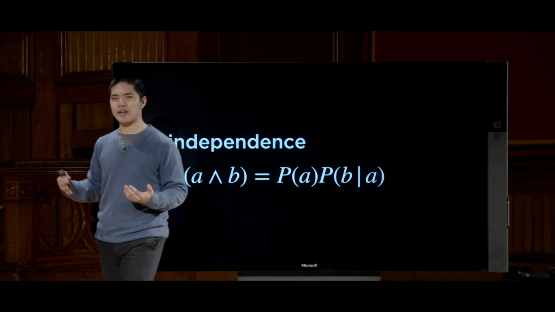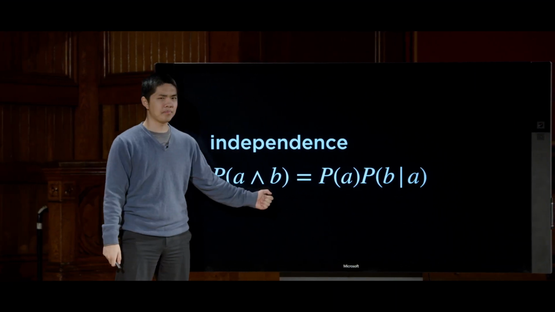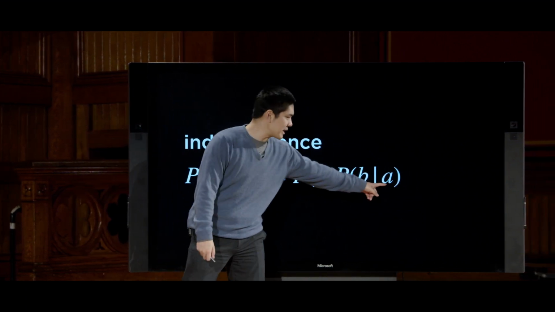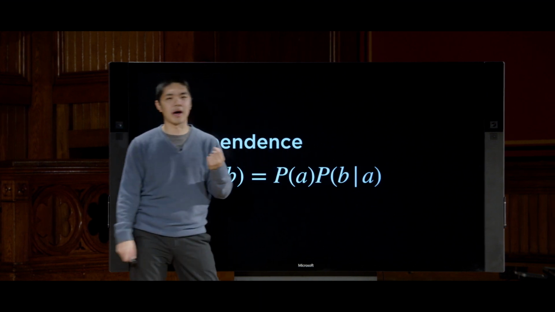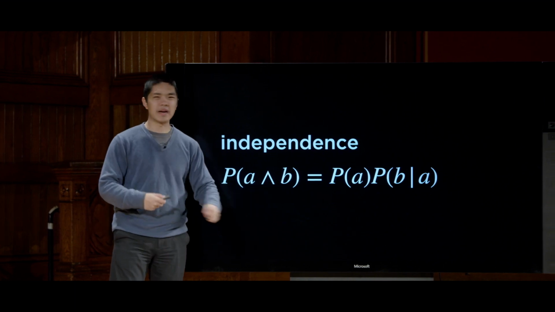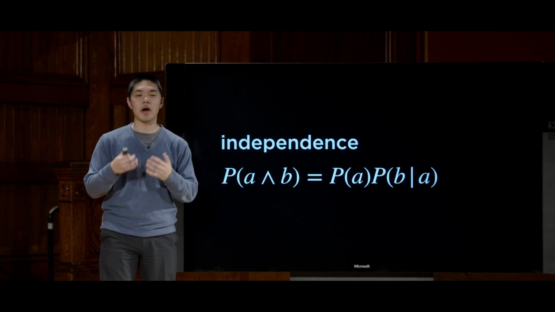And the more intuitive way to think about this is that to know how likely it is that A and B happen, well, let's first figure out the likelihood that A happens. And then given that we know that A happens, let's figure out the likelihood that B happens and multiply those two things together. But if A and B were independent, meaning knowing A doesn't change anything about the likelihood that